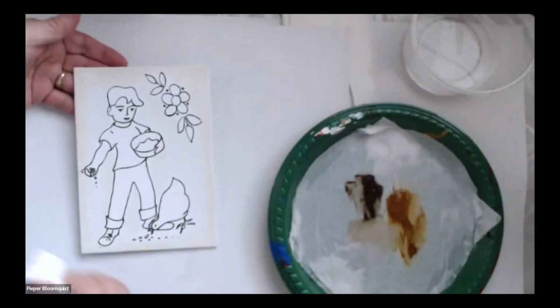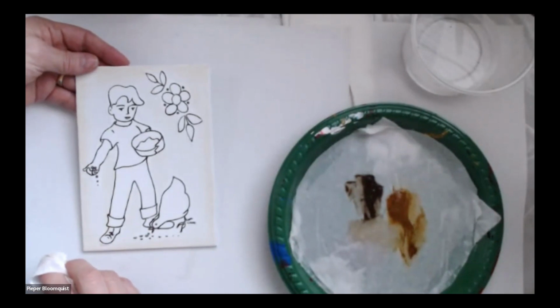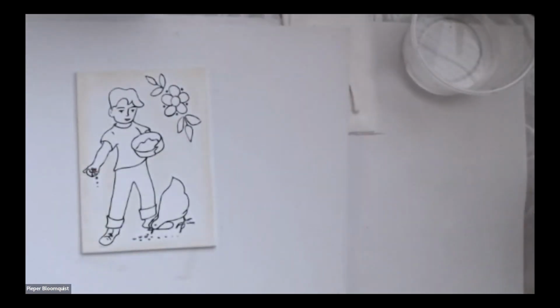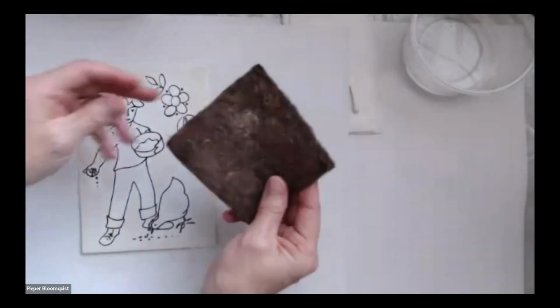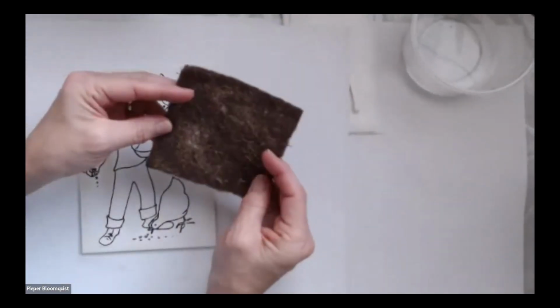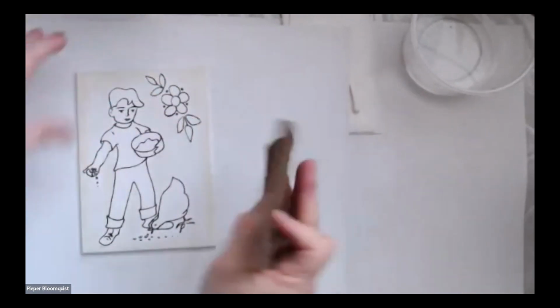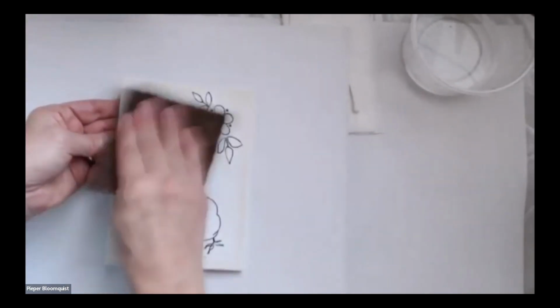So that kind of gives it a little bit of a softer overall look, and it's a nicer product. So then once that is dry, I have these Scotch pads like this, or even a paper bag is a fine enough type of sandpaper just to rough it up. And I'll go over the whole thing